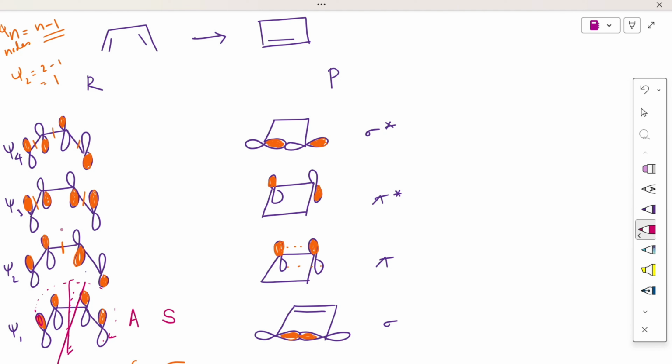Likewise, you have to do for all the things. Here with respect to the mirror plane, they are not overlapping in the mirror plane. Therefore, it is asymmetric with respect to the mirror plane. Here, when I try to do C2, it will be exactly symmetric. So it is symmetric. Here coming to this, we can put a mirror plane here, therefore it is symmetric with respect to the mirror plane. But when I put on the C2 axis of symmetry, they cannot overlap, therefore it is asymmetric. Here C2 will be symmetric and the plane of symmetry will be asymmetric.